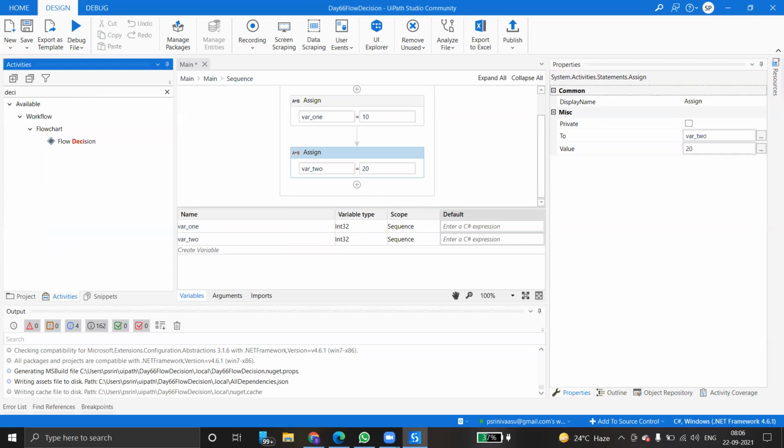Now, flow decision. This is very important. This is what I want to explain.